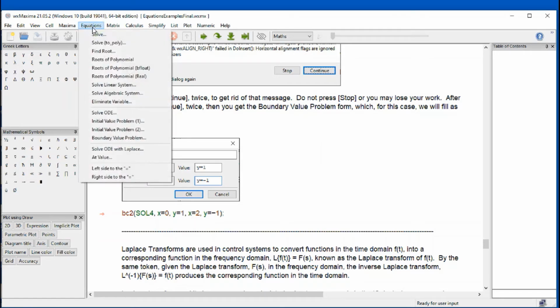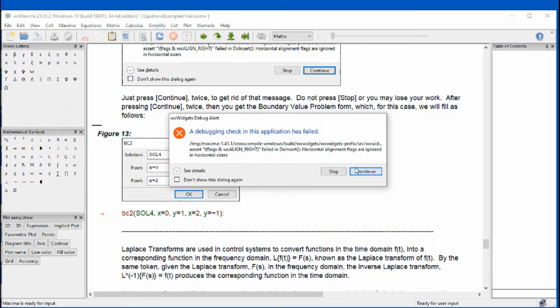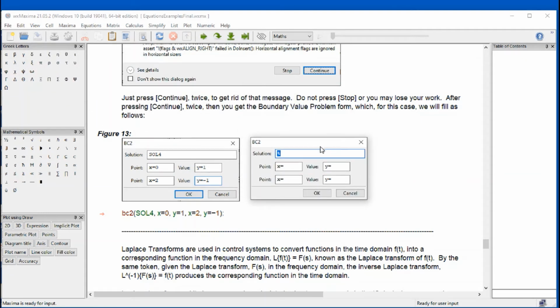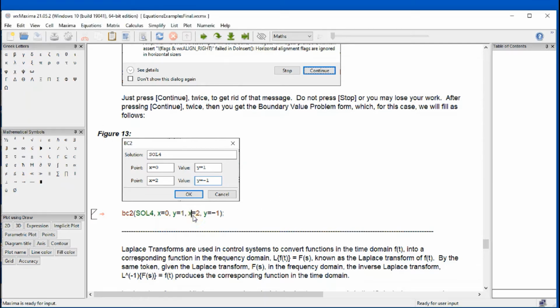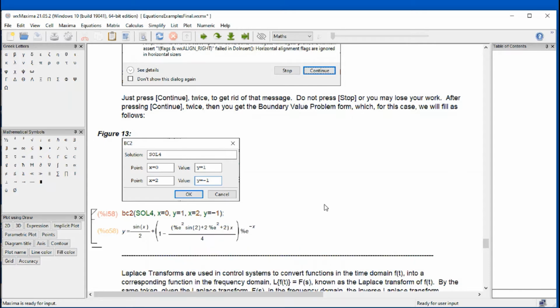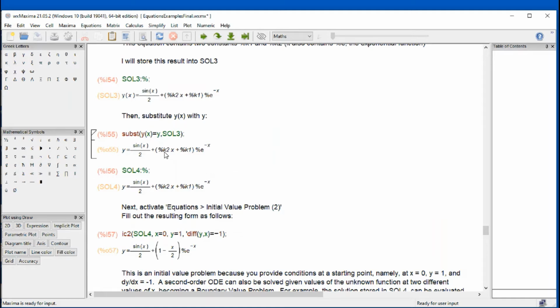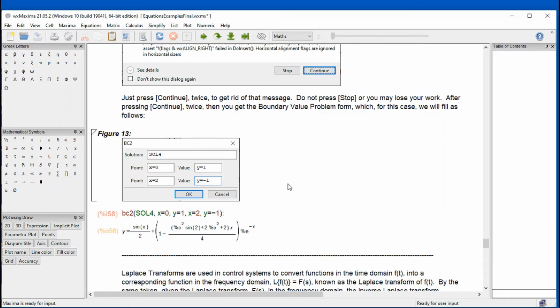Go to equations, boundary value problem, continue, and there's the form where you type those results, and then it triggers this command. And when we press Shift Enter, then we get the solution where we no longer have the constants k1 and k2 that we had originally. Instead, we have the solution with the values replaced